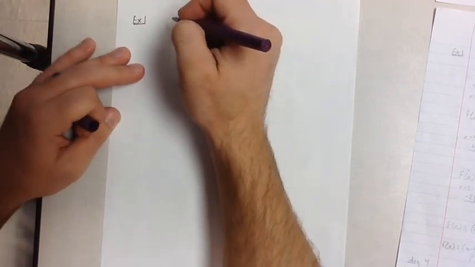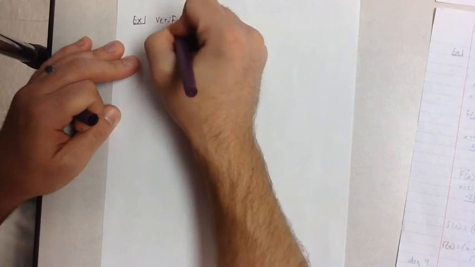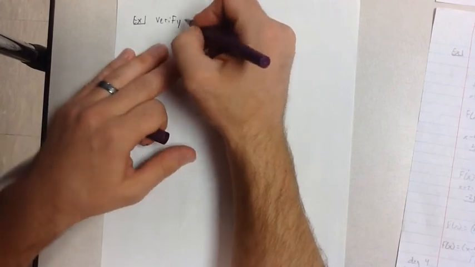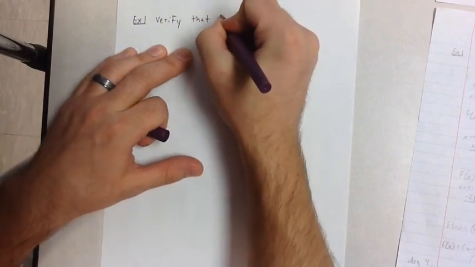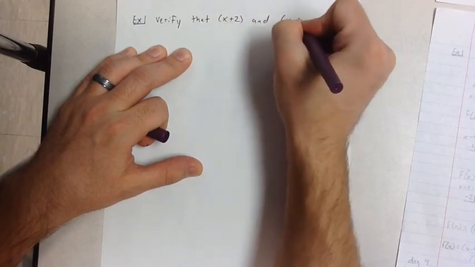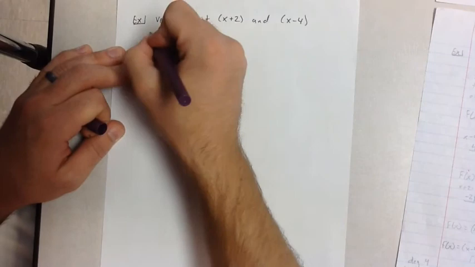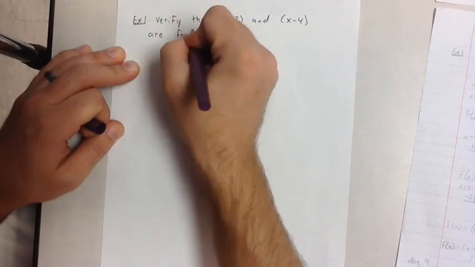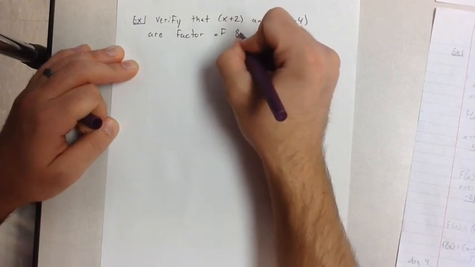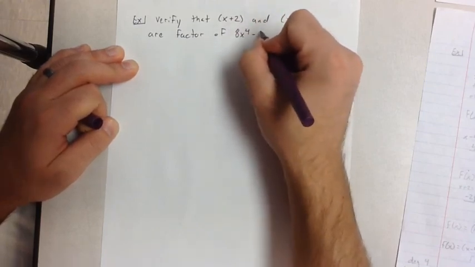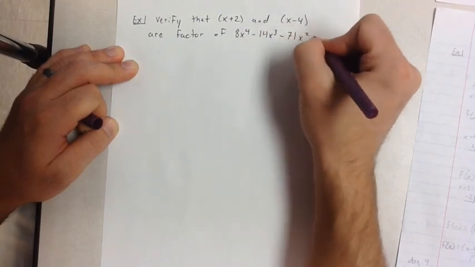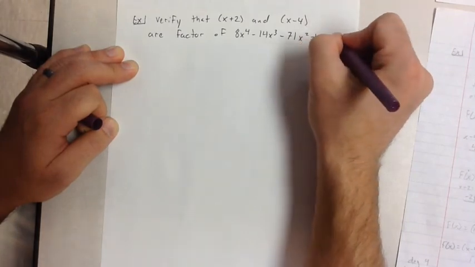Verify that x plus 2 and x minus 4 are factors of this polynomial: 8x to the power of 4 minus 14x cubed minus 71x squared minus 10x plus 24,